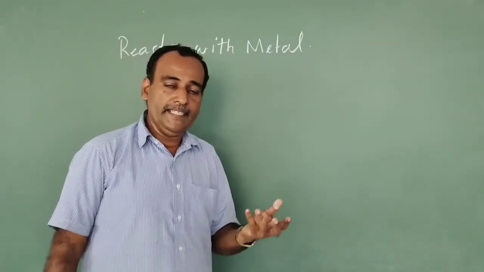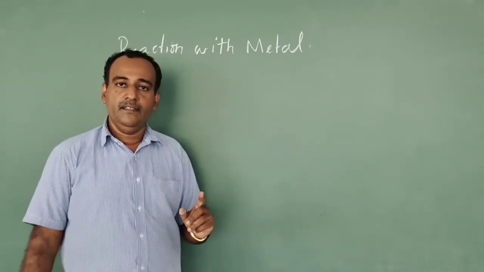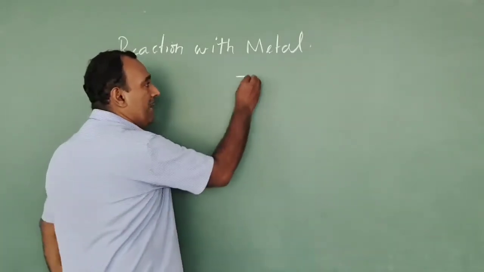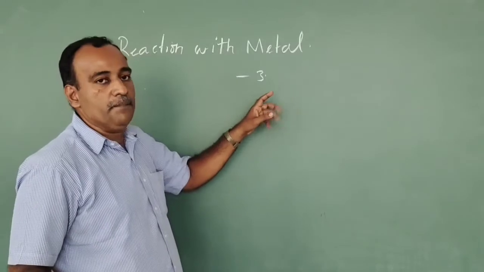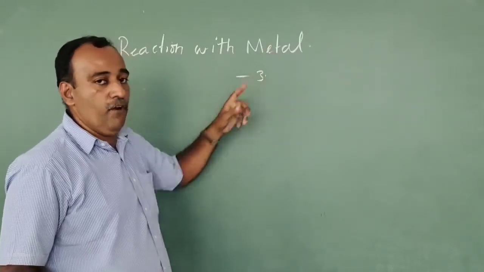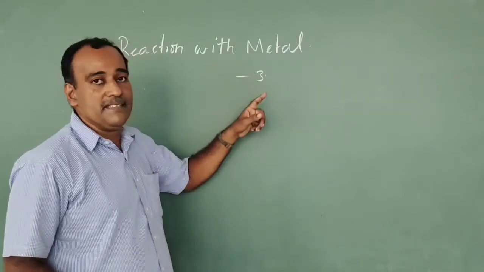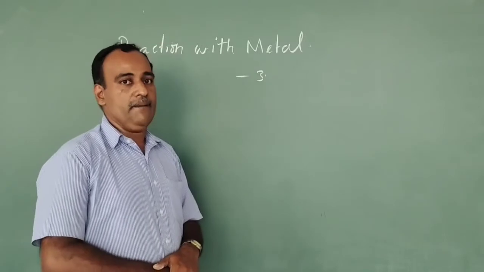In these binary compounds of these elements with metal, the elements are exhibiting -3 oxidation state. So all these elements of group 15 react with the metal forming binary compounds. In these binary compounds, the elements are exhibiting -3 oxidation state. For example,